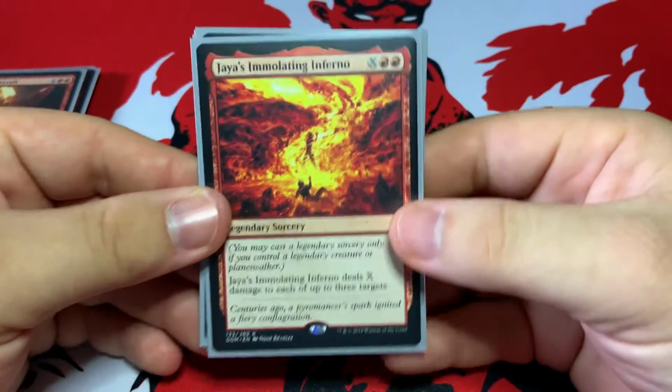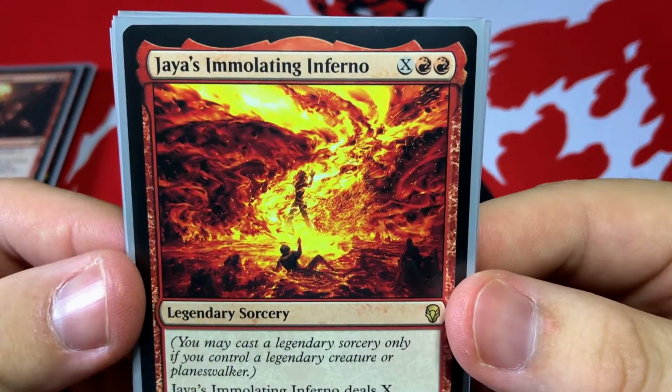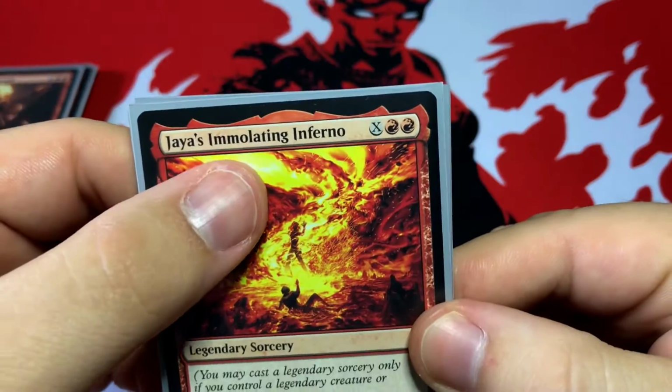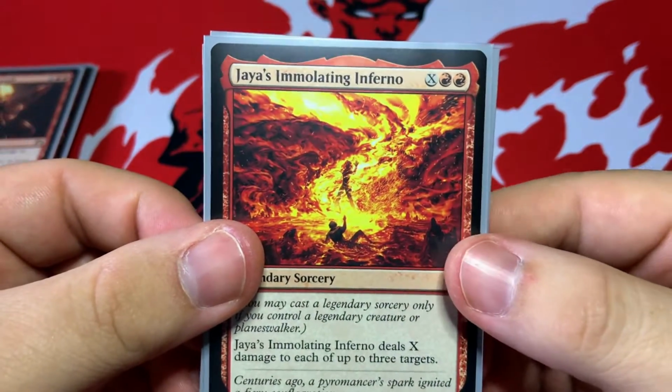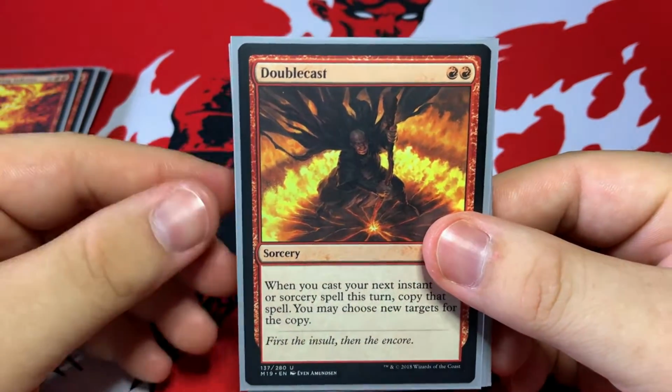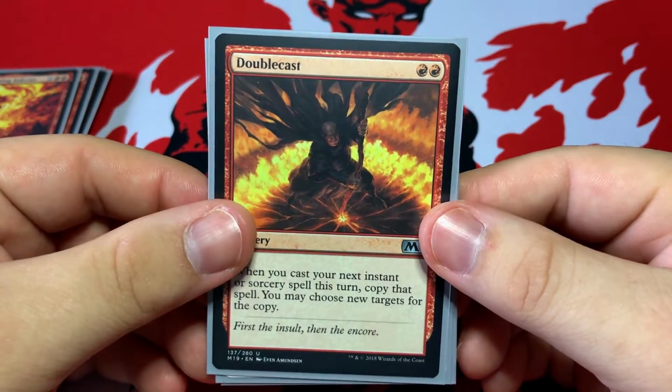I mean, just first of all, look at the art. That would be Jaya in the middle. And look at all the fire. It's an immolating inferno, inferno being a large fire. So, very, very devastating. Then we have Double Cast. Lets us copy